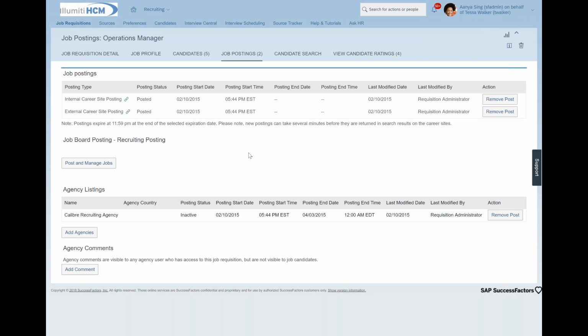We do also work extremely well with agencies. So any agencies that you are working with in terms of staffing this requisition, you can post out to their local sites and give agents access to this system in a limited capacity to perform tasks on your behalf.